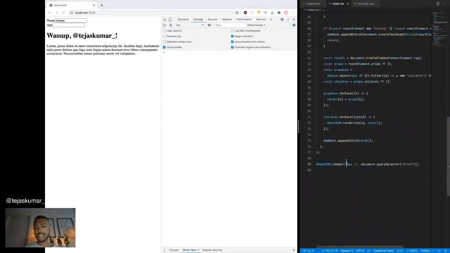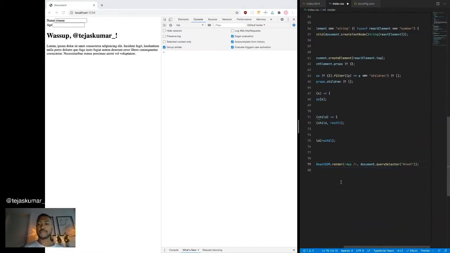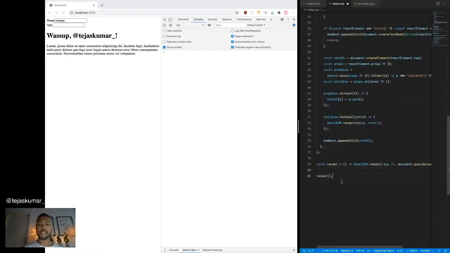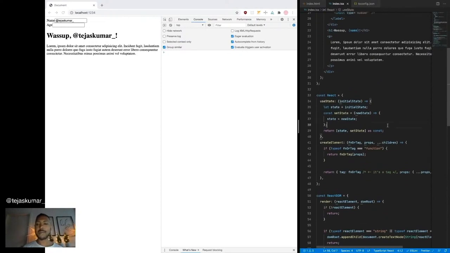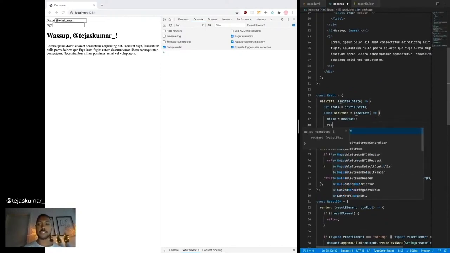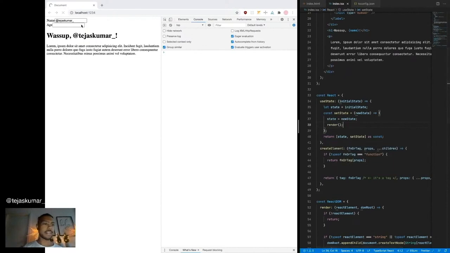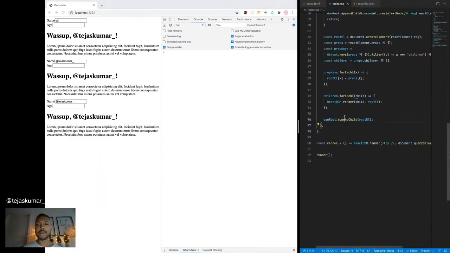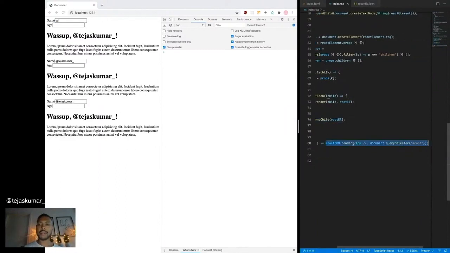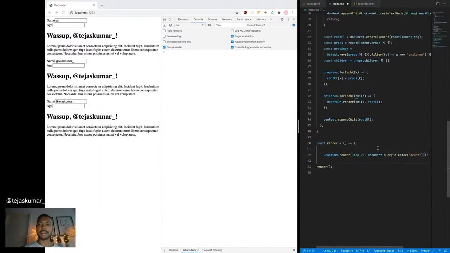So this is render. Let's actually just do render. Cool. So that renders, and then we'll call render here. Again, this is really basic. There's more to this. And then at the end of setState, we'll render. But again, this is not going to do anything because, okay, well, it's going to append children because we're calling appendChild. But what we want to do is before we do that at all, let's empty the parent.